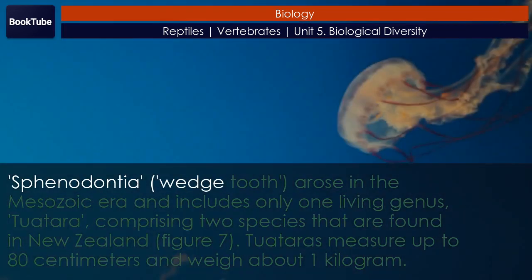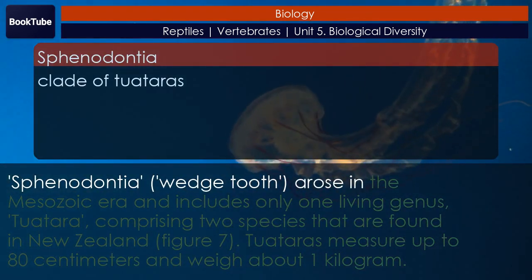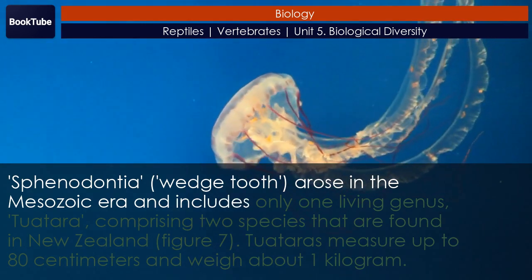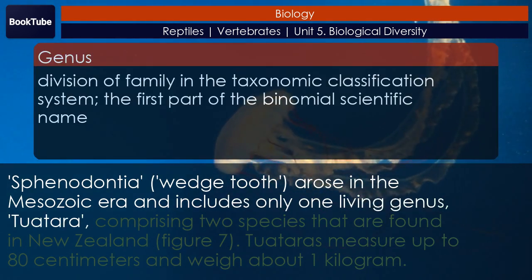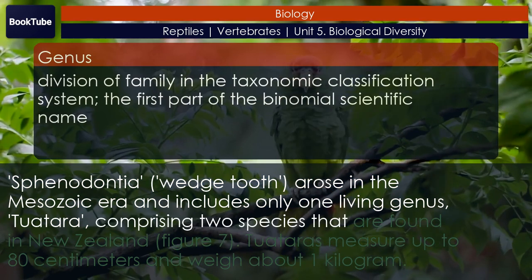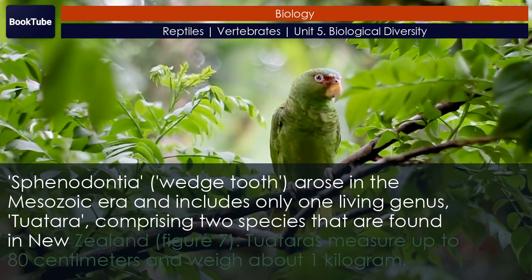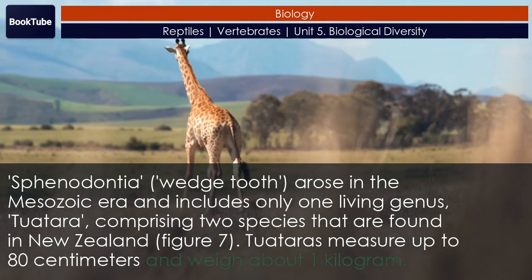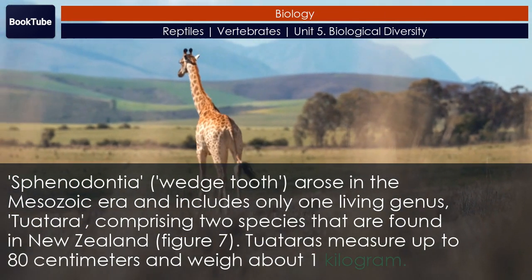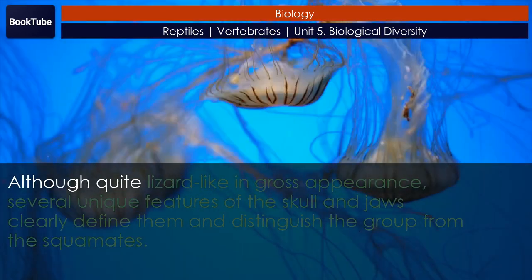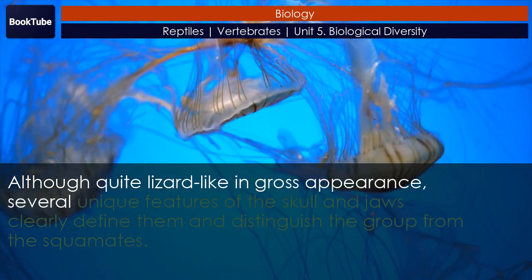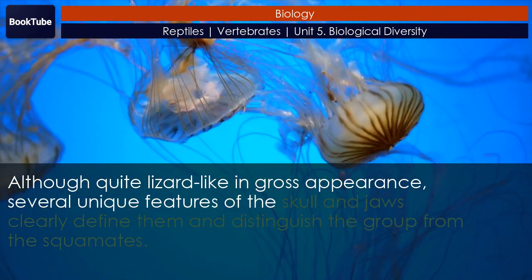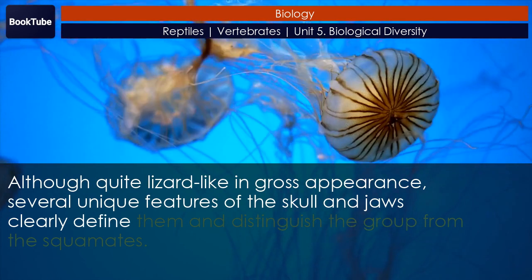Sphenodontia. Wedge-tooth. Arose in the Mesozoic era and includes only one living genus, Tuatara, comprising 2 species that are found in New Zealand. Figure 7. Tuataras measure up to 80 centimeters and weigh about 1 kilogram. Although quite lizard-like in gross appearance, several unique features of the skull and jaws clearly define them and distinguish the